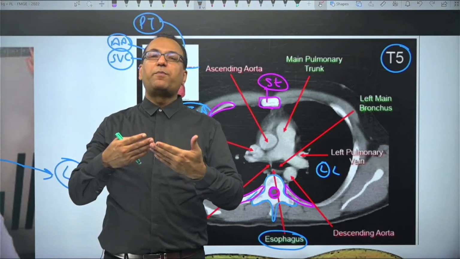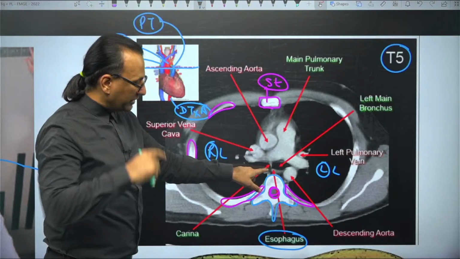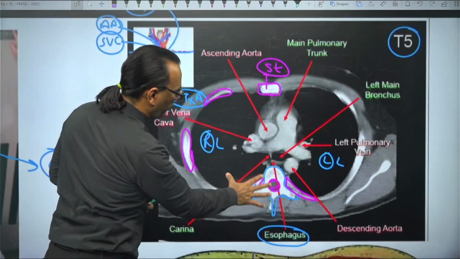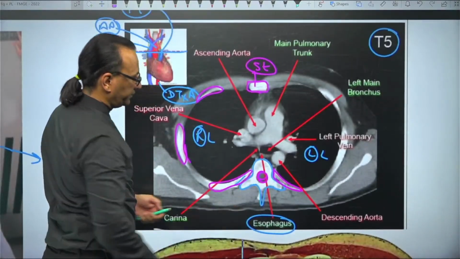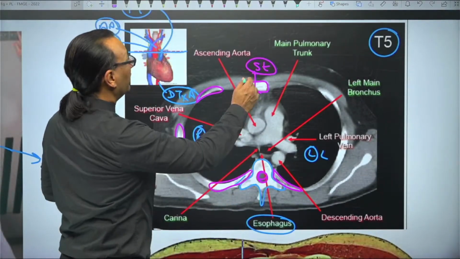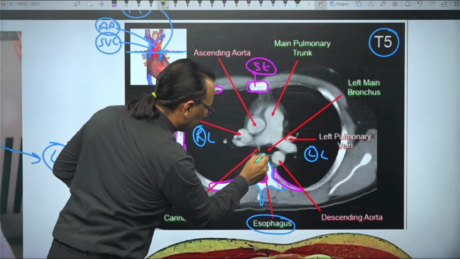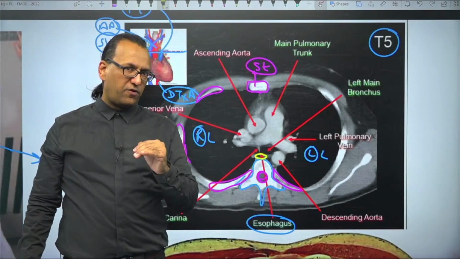Just anterior to the body of thoracic vertebra, the lumen, if you see, must belong to the esophagus. Let me zoom it if it is possible a little bit more, but not possible. So, this much is okay. Now, if you say this is the region of the esophagus, just lying on the vertebral body, what is in